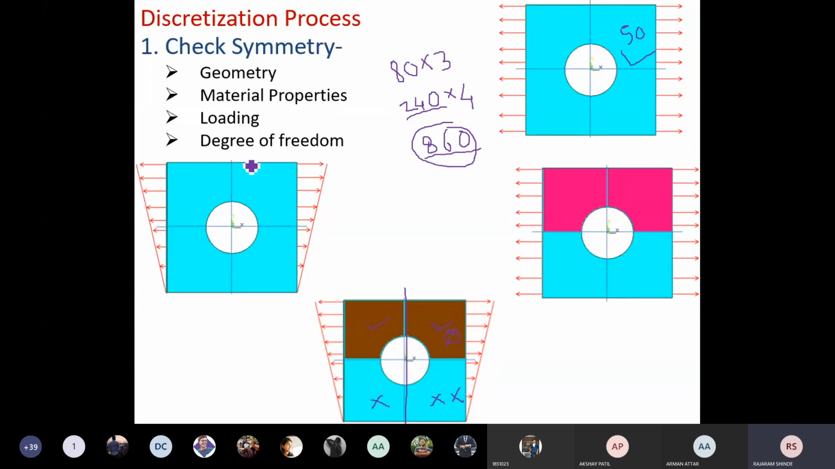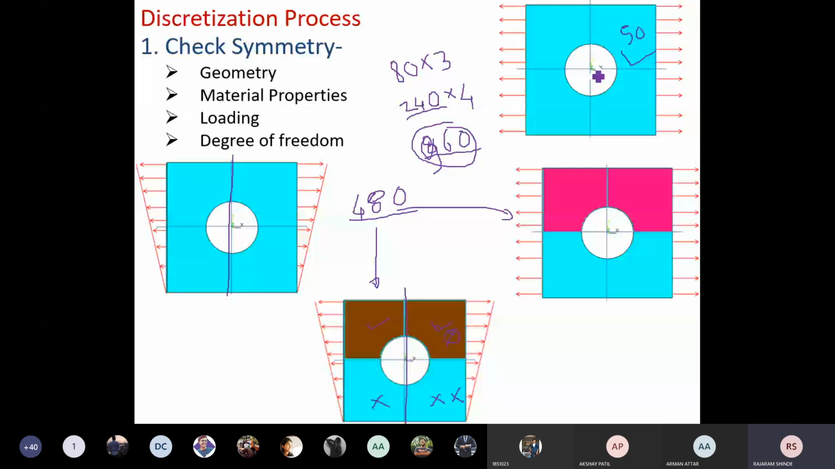Now in this case half symmetry we are using, therefore here 480 equations. Okay, and here 480 equations we need to solve when we use half symmetry. Okay, and here also we need to solve 480 equations. See here the number of equations, 960 equations we are reducing to 240 when we use this symmetry, and